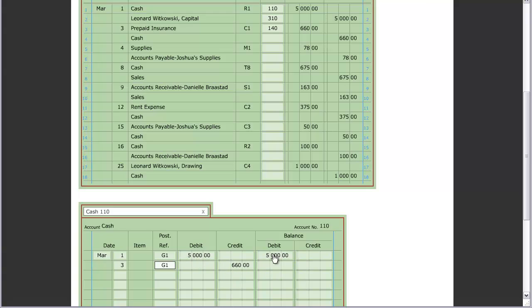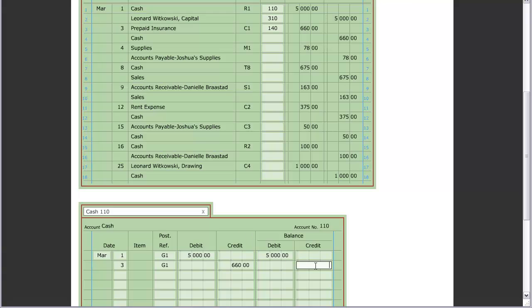We had a debit balance of $5,000 and we credited cash $660, which means we decreased it. So we don't just come over here and put $660. It's not just a duplicate here, putting it twice. That would be worthless and a lot of work. So instead we are doing a balance, and so we had $5,000, we subtract $660, so our new balance will be